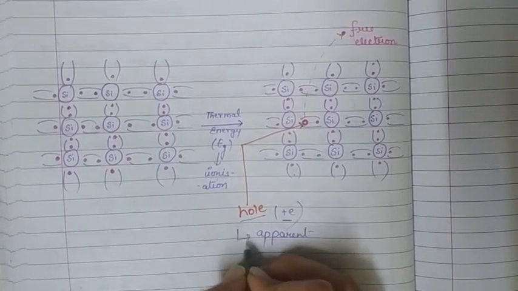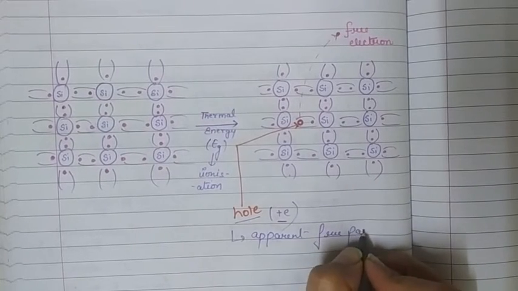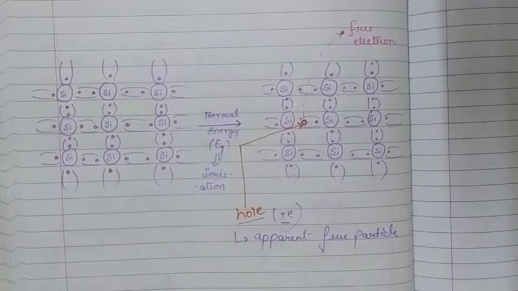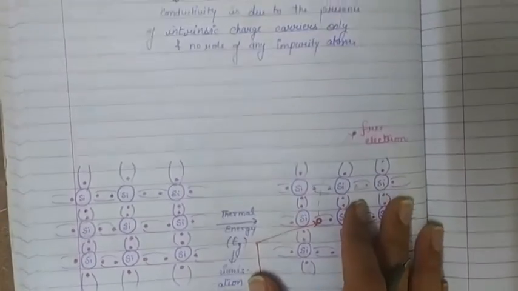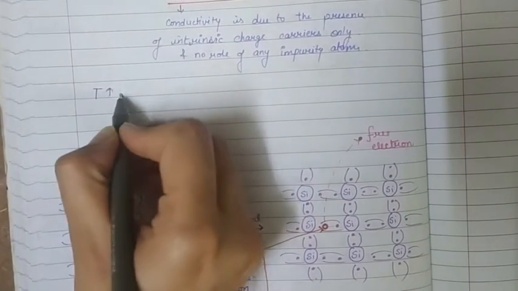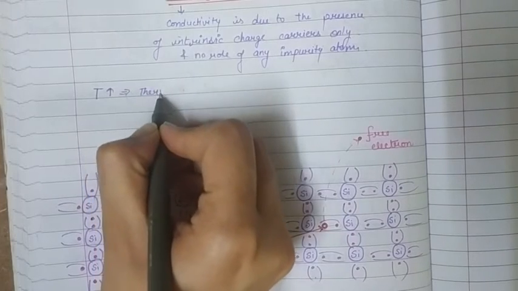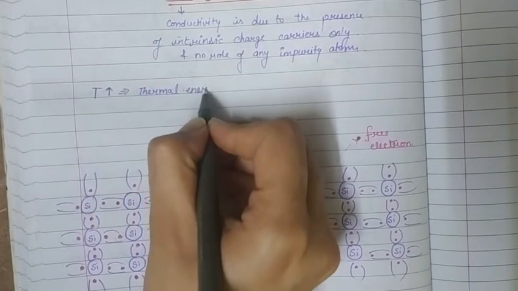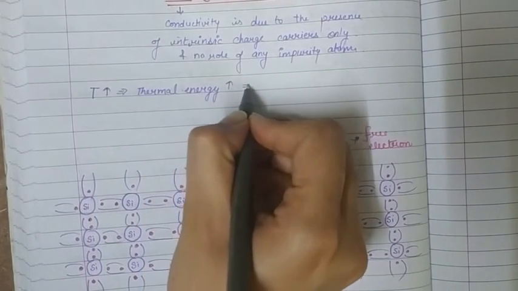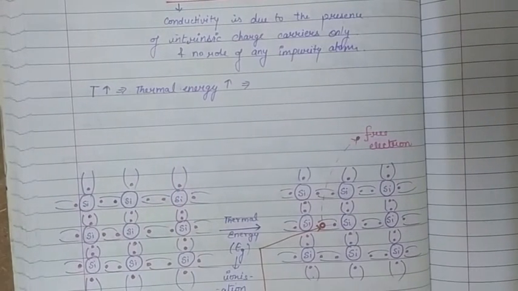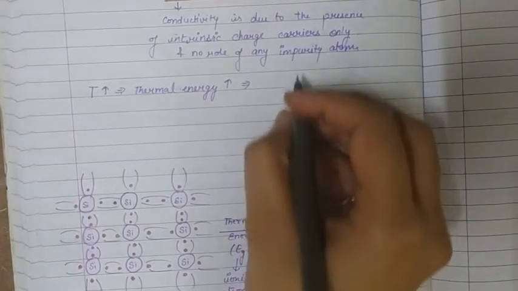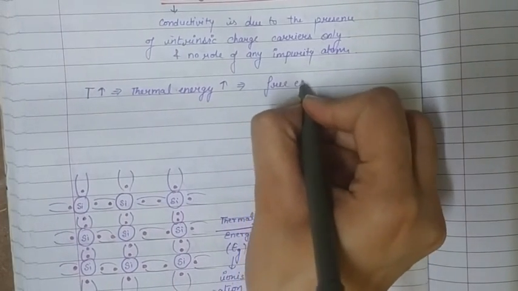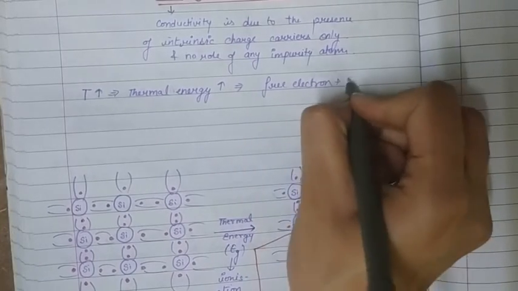Apparent free particle in the structure. So the point that we need to note is, as we increase the temperature, it implies thermal energy increases, and as thermal energy increases, these free electrons get sufficient ionization energy. That's why there will be a breaking of covalent bond and we get a free electron plus hole pair,